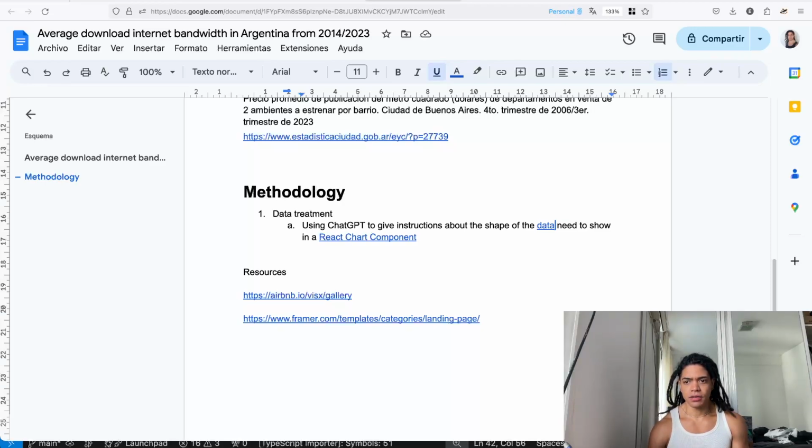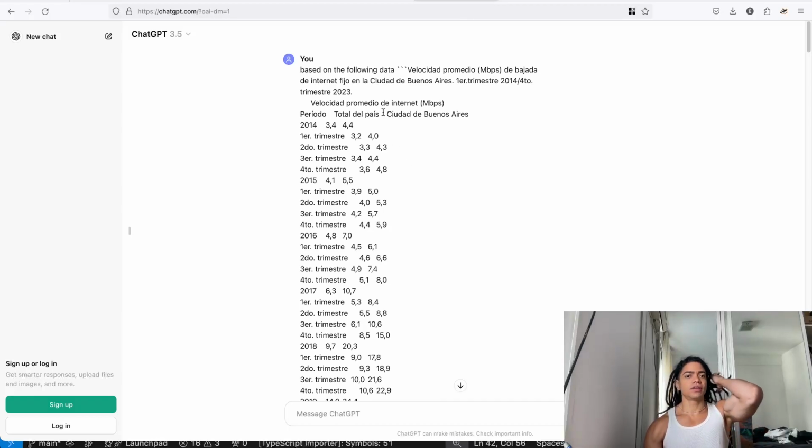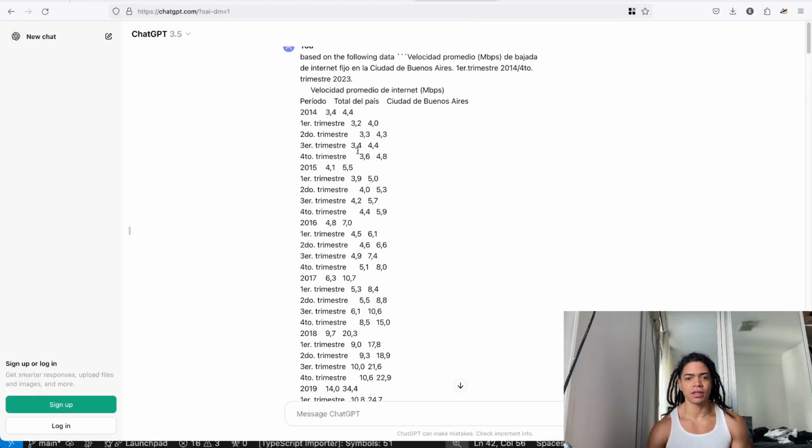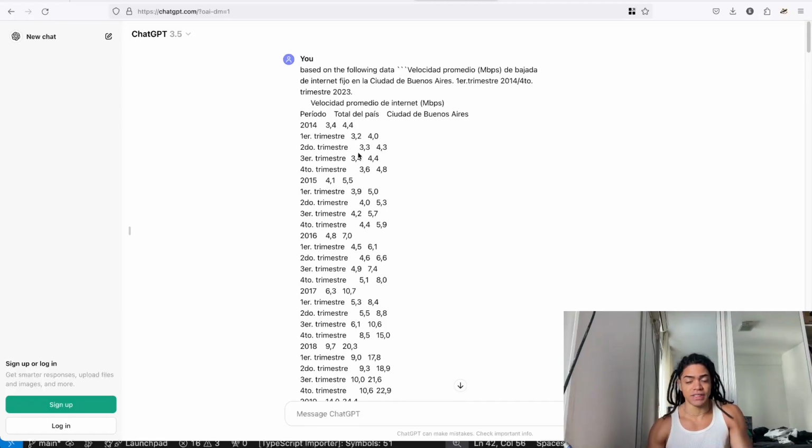But here, let me see if I can do something like this, and then send that data over there and put it here. So here I'm now talking to ChatGPT and putting all of this data from the CSV.